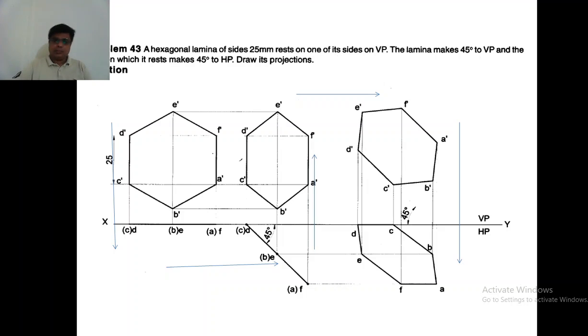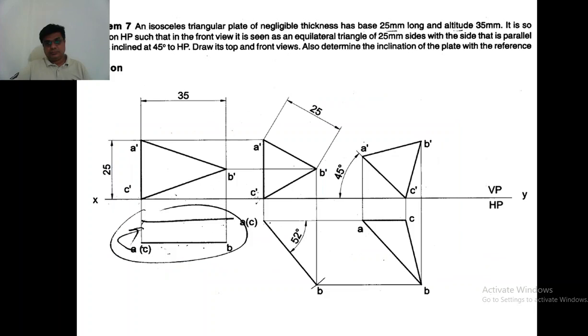And try to solve the problem, just follow the procedure and complete this problem. Similarly, we have one more problem where the plane is in the vertical plane. So here we have the scalene triangle. This is an isosceles triangle, sorry. So isosceles triangle means two edges, the inclined edges, will be the same length. The dimensions are given and it is resting in a vertical plane. So keep it in the vertical plane, make it parallel to the vertical plane, draw the front view and top view.